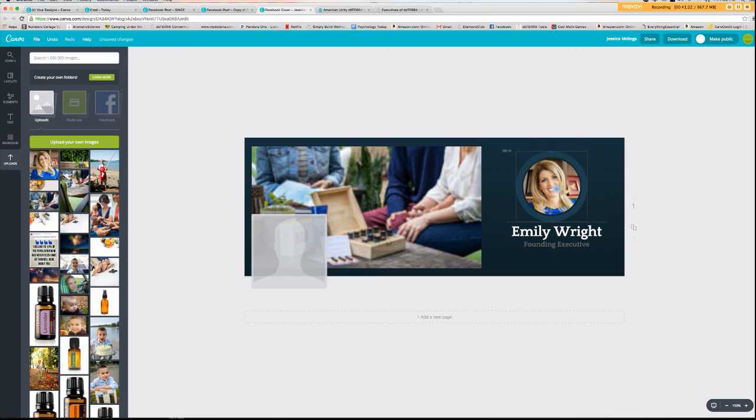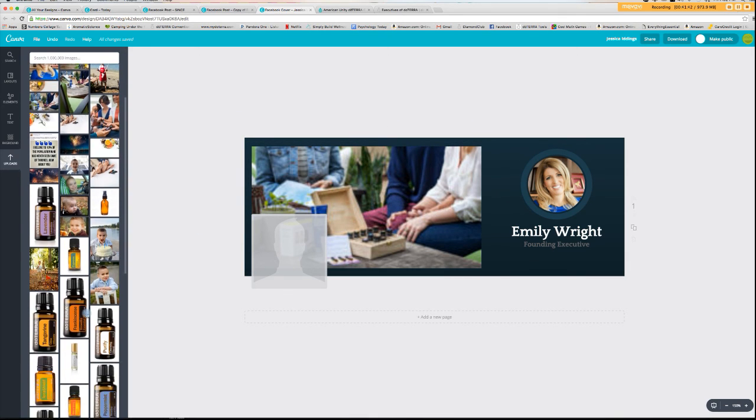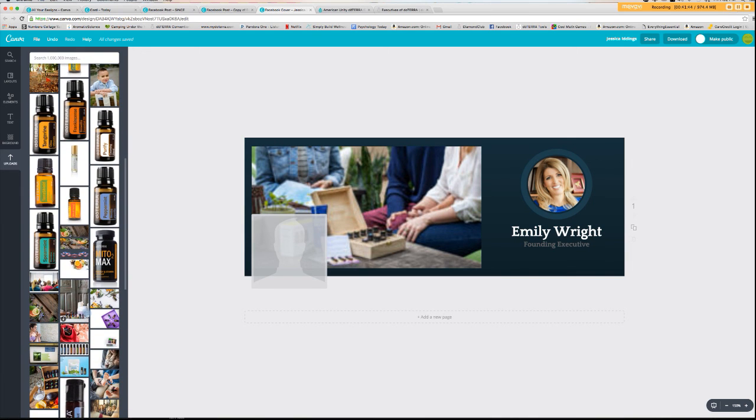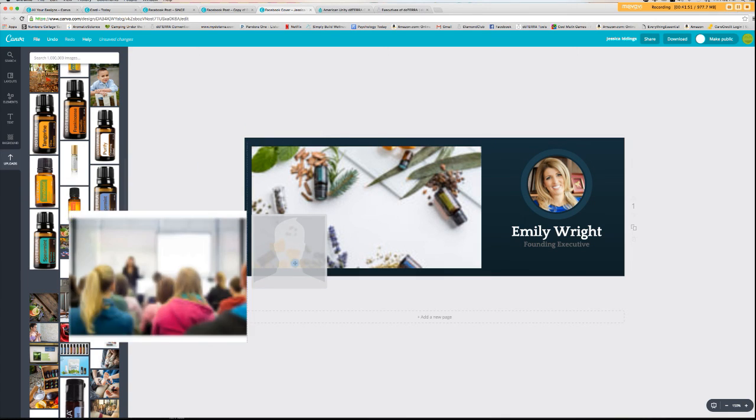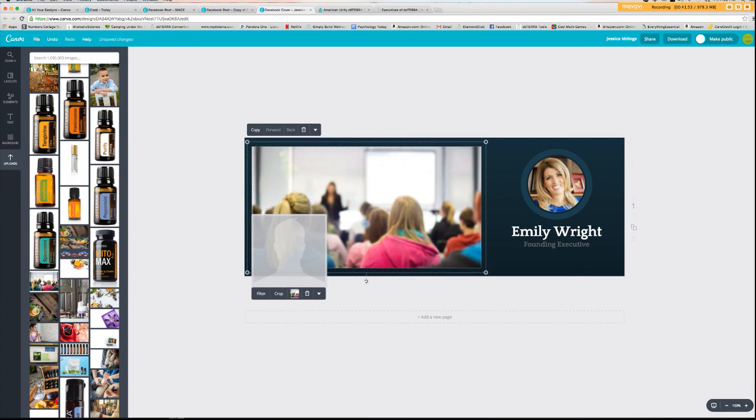So we can move her around anywhere we want, resize this, change the color of the border if we wanted to. That's hideous, so let's undo that. And there you have it. Now this template was one that I didn't actually have time to create, and I just put a photograph there. You could just as well put any photograph that you wanted in there, anything that you thought was aesthetically pleasing, perhaps this image here of someone teaching a class,